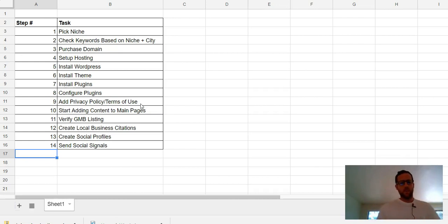So that's step two. Once you've figured all that out and you're like, okay, I'm ready to go, let's build this thing, the next step is you're going to want to purchase a domain. And you can get it from a number of places, right? I usually buy mine off of GoDaddy. There's Namecheap. There's all sorts of other places where you can buy domains from. You can buy them from your hosting provider. I don't know if you have Bluehost or one of those, HostGator. You can buy them off there. A lot of different places to go, but typically you want to pick a domain that melds your industry and your brand name